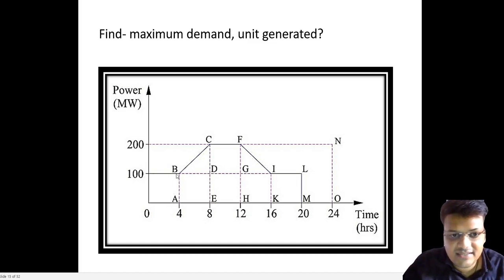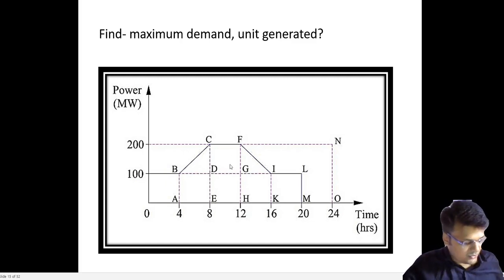Simply, we calculate the area under the curve. How will we calculate the area under the curve? It is simply a rectangle. Again, here is one triangle, and one square. So by simple mathematics, we can calculate the area under the curve. Here we have 20 and 100, so 2000 is the area of this rectangle. Similarly, the area of this triangle is half into base into height. It is similar, so it is multiplied by 2. Similarly, add this square value and you will get the answer of 2800 megawatt hour. So it will be given in megawatt hour.